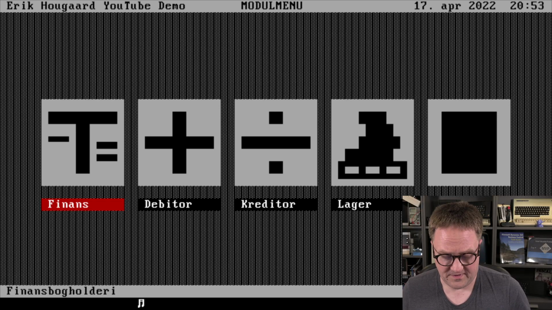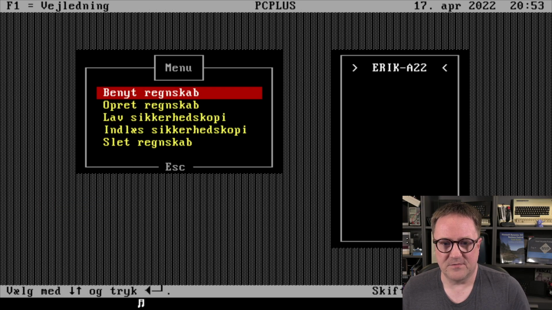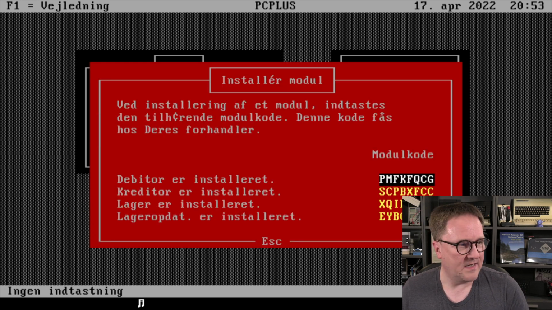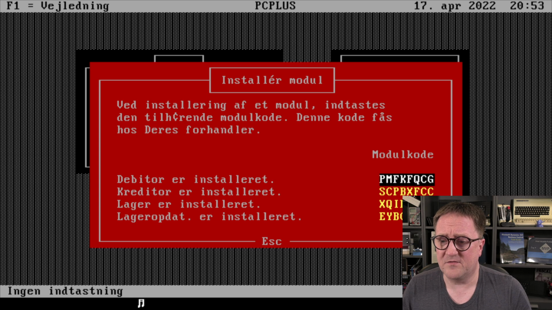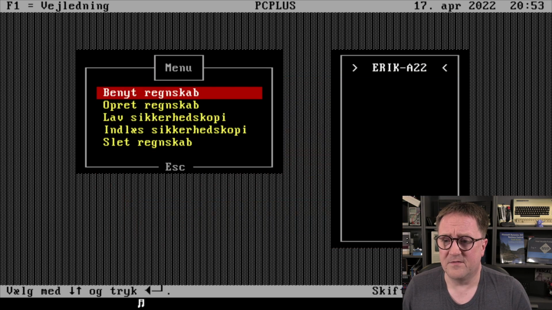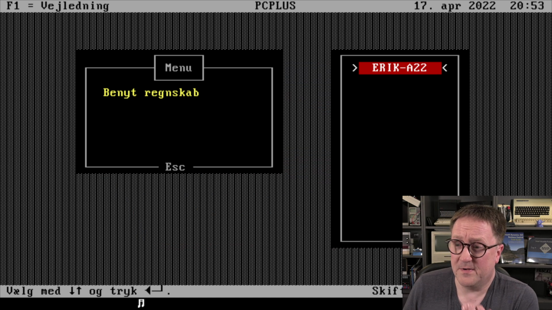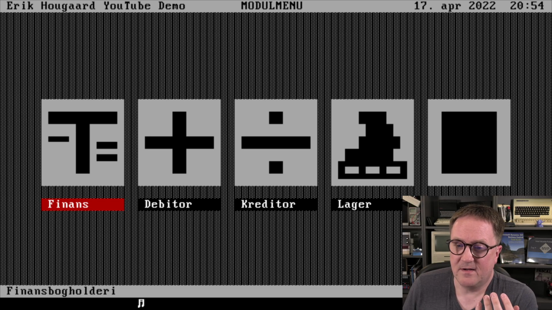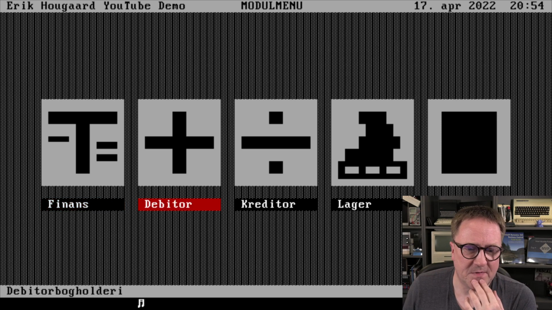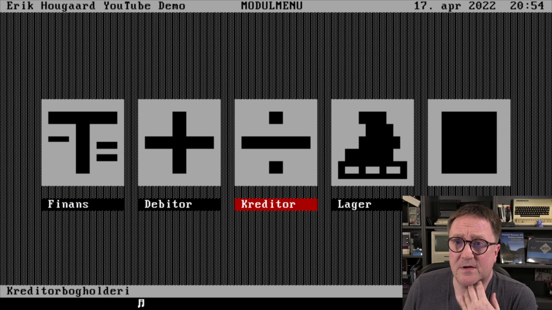Actually, the way this works is that you buy access to the system, and then you get some secret keys that are sitting here somewhere. There. And then you enter those secret keys that are matched to your serial number, and then the different pieces of the software open up. And we can see that we get into this, and then we have finance, you can almost say finance module, AR customer, AP vendors,